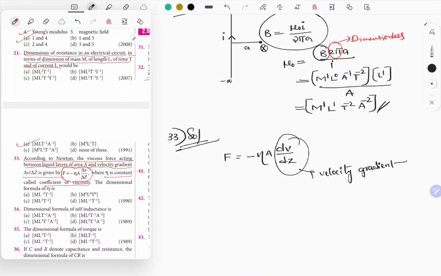Forget about this minus. We need to represent only dimensions. Let me represent those dimensions. Eta is equal to F into dz divided by A into dV. Can I represent it like this? So dz represents